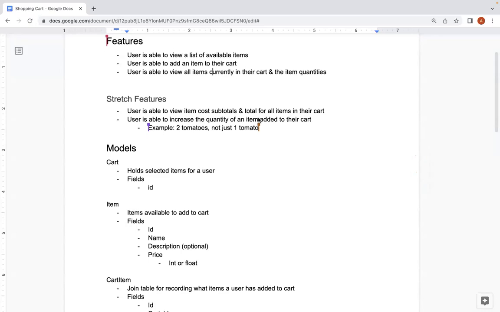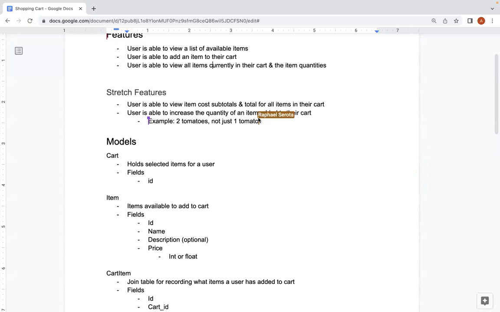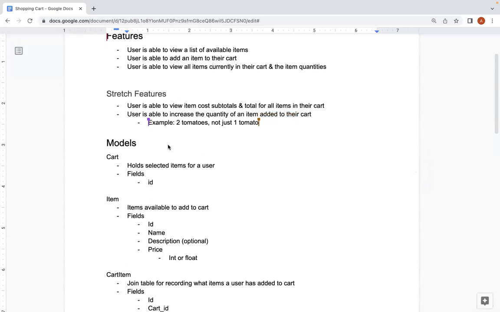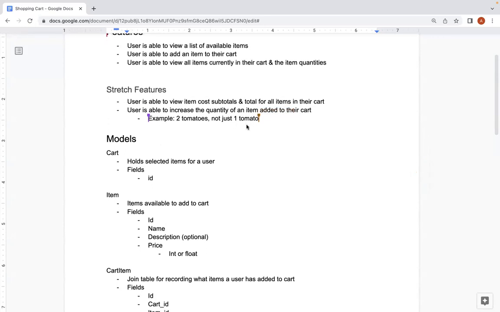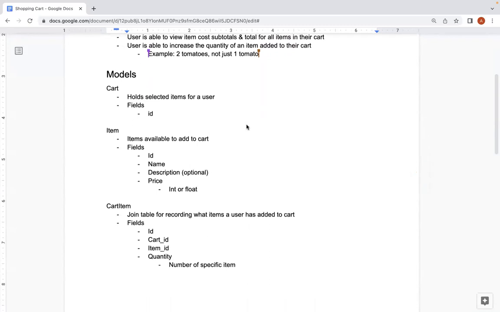So those are our features for this peer program we're going to do. As a stretch feature, I added that the user is able to view the cost of things and the total of the cost in the cart. And we'll probably get to this one, but being able to increase the quantity of an item in the cart, I added as a stretch. I wrote out our models,